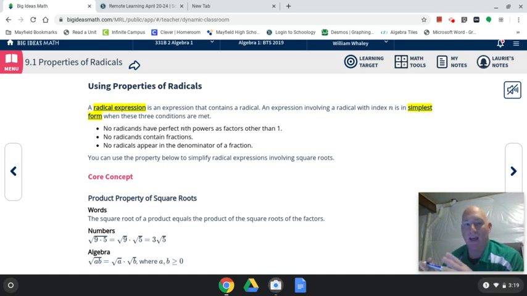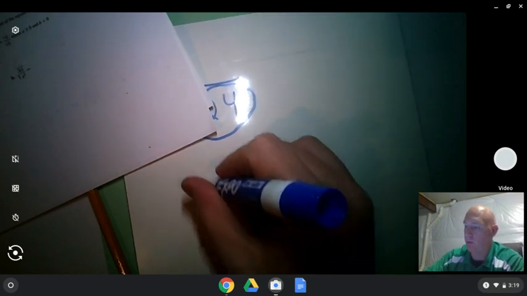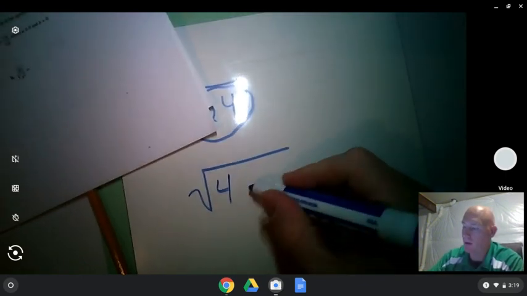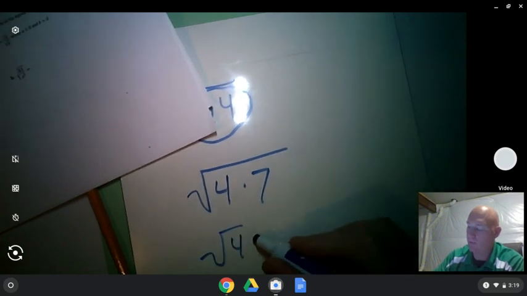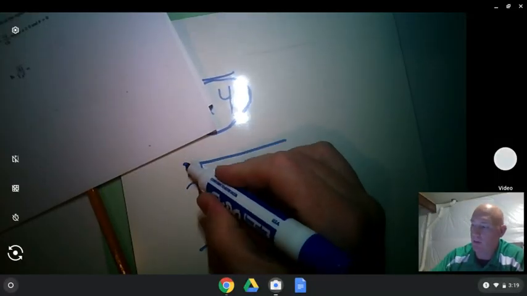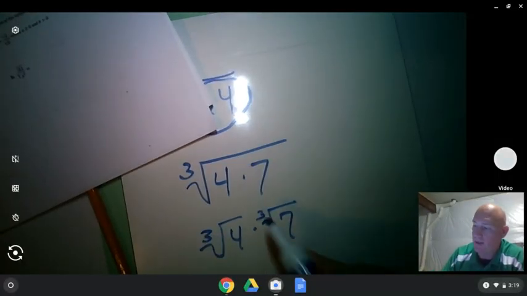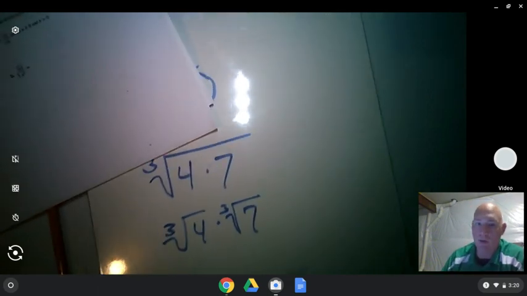When you have a radical of any two things being multiplied or any two factors, you can separate it, okay? And all that means is, if I have the root of 4 times 7, I can make that the root of 4 times the root of 7. That's all it means. Even if that was a third root, the third root of 4 times the third root of 7. Okay? One thing to really remember,